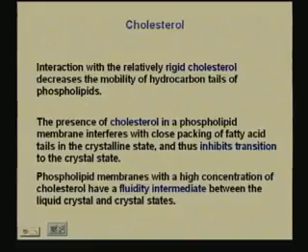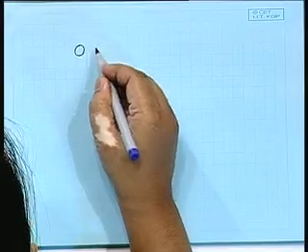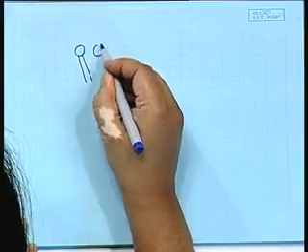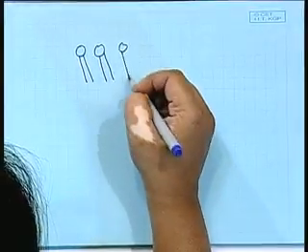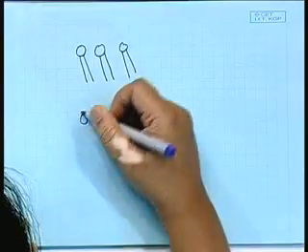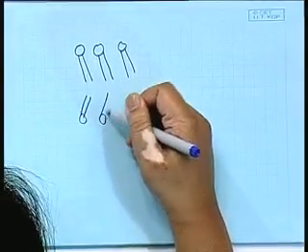But the presence of a cholesterol in a phospholipid membrane interferes with the close packing of the fatty acids. So, normally the way that the fatty acids would be packed would change with the presence of cholesterol. Remember, I showed you in the first of the slides at the beginning, we have perfect orientation. If we had a single type of phospholipid attached, we would have, say, a perfect orientation to